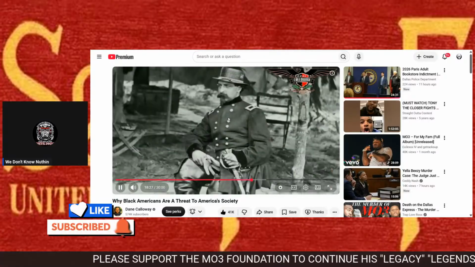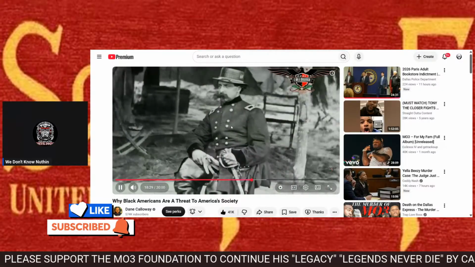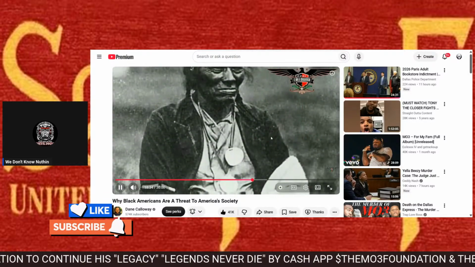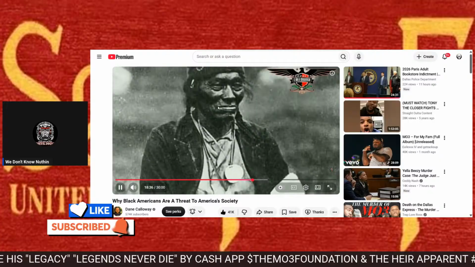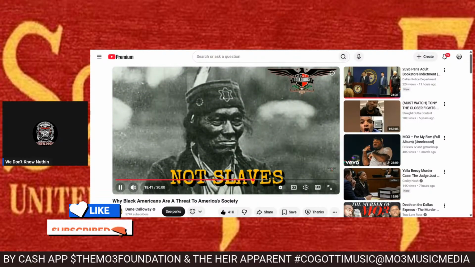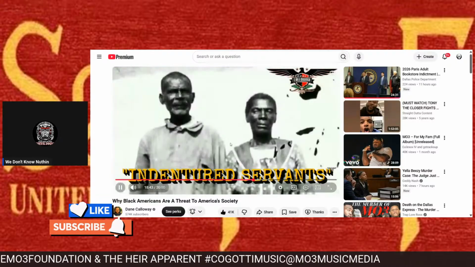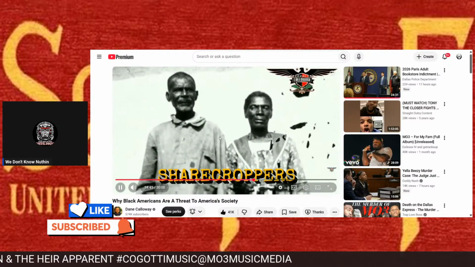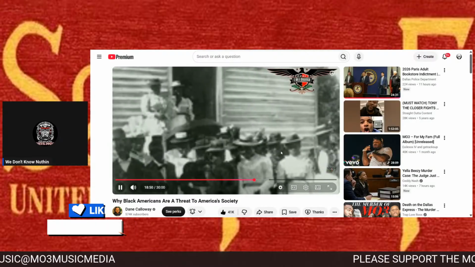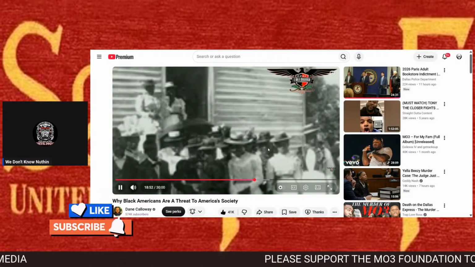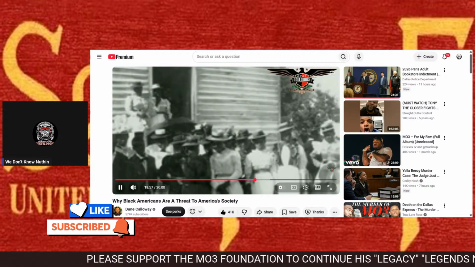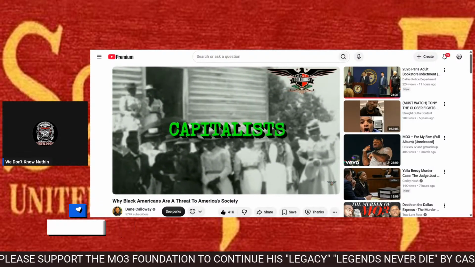However, the truth is that the Civil War was actually about integrating the free enterprise system with more of the indigenous aboriginals of the American lands, being as though many of our ancestors during this time period were not slaves, but rather indentured servants who were literally sharecroppers that owned farms, banks, and other institutions of business, which in turn allowed both heads of the same snake to acknowledge the fact that our ancestors were rising up as capitalists within